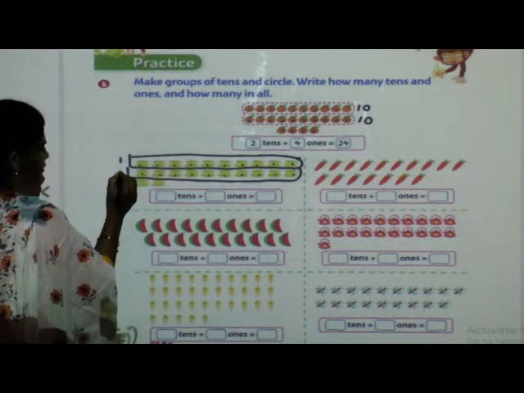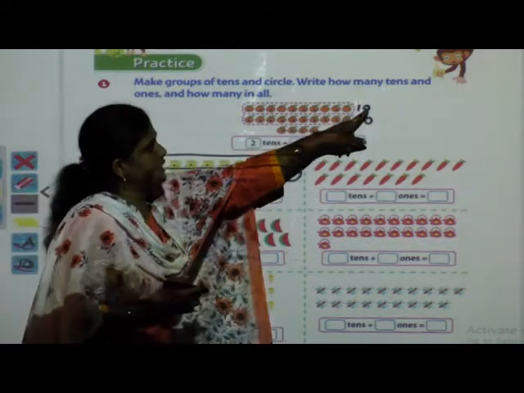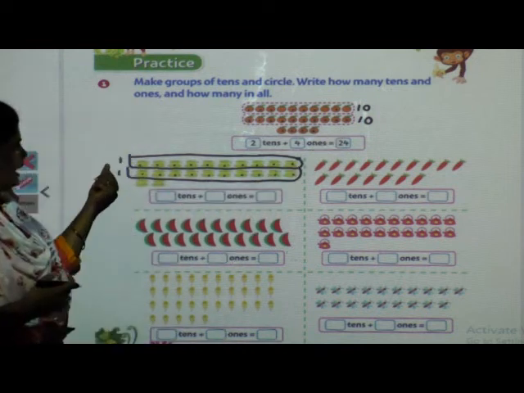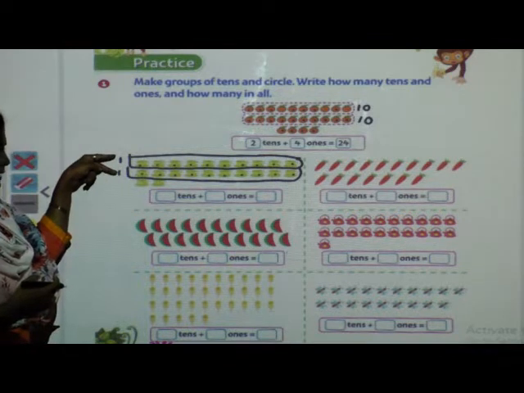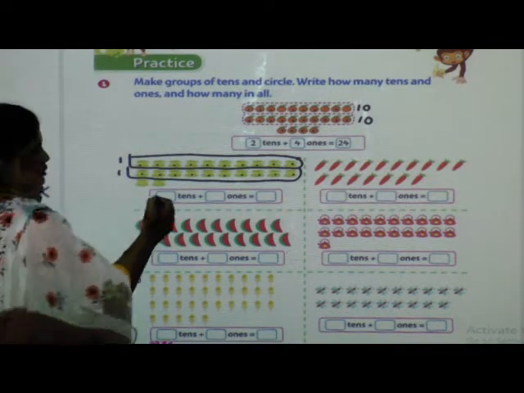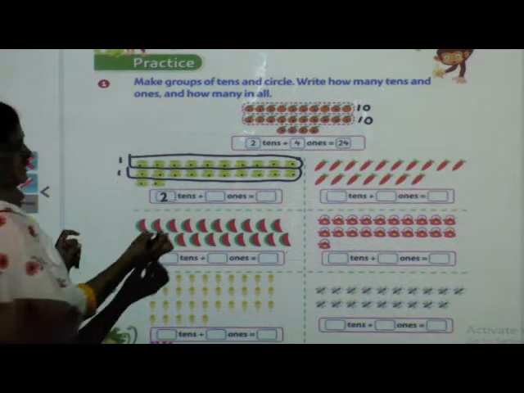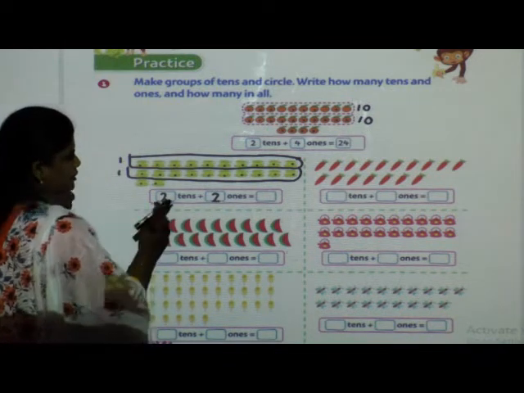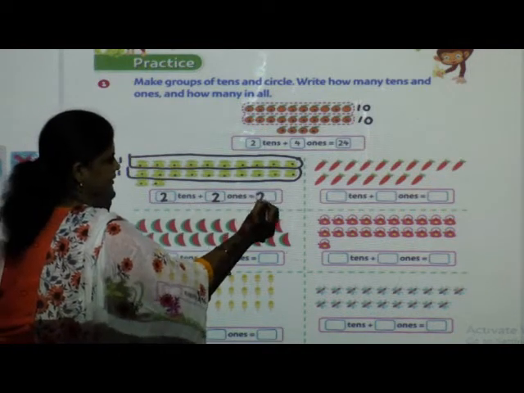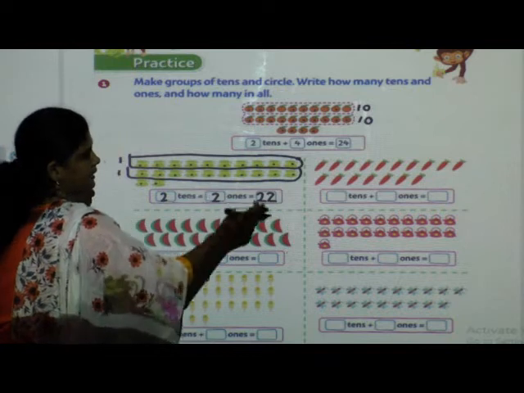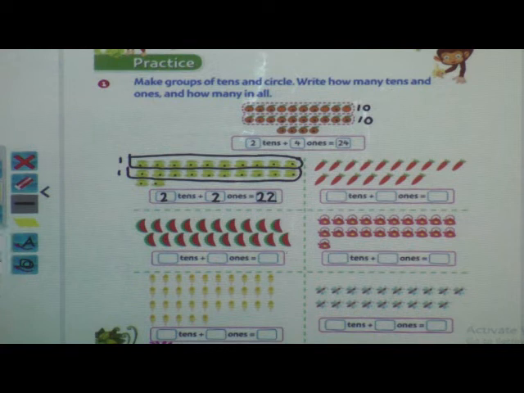So once again here. I have explained to you that all the oranges are 10 here. But here we have written the number of groups. First group and this is the second, means here 2 groups are there. 1 and 1, 2. So here 2 tens are there. And now 1, 2. Only 2 cups are there. So we will write here 2 ones. So total 2 tens and 2 ones, means total here 22 cups and saucers are there. Got it? Got it everybody?